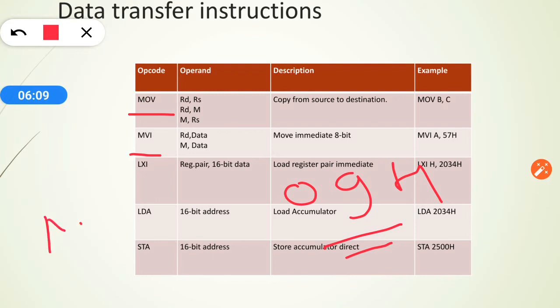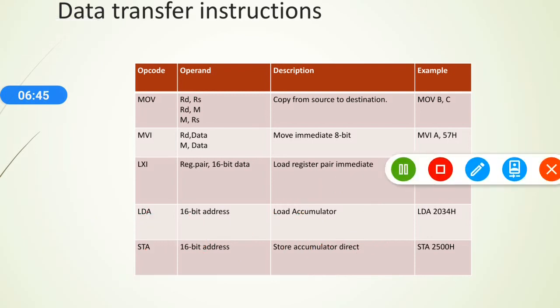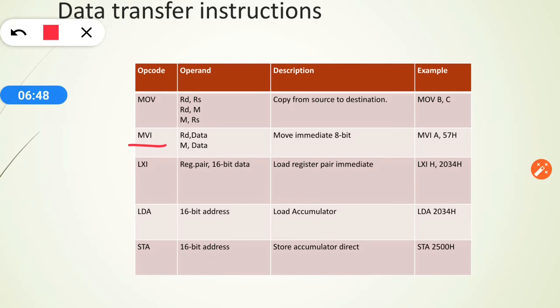This indicates move immediate. I can write MVI, then the register to which you want to give the immediate number. Suppose I write A, I want to give it to the accumulator, right? Then mention a comma and immediately write your number, 09H. You have to write H because it is a hexadecimal number. After this command, your 09H, this is your immediate data, our manual data, is delivered to A. So the accumulator is loaded with 09H. This MVI command is used for giving immediate data from the user side to the register or memory device.